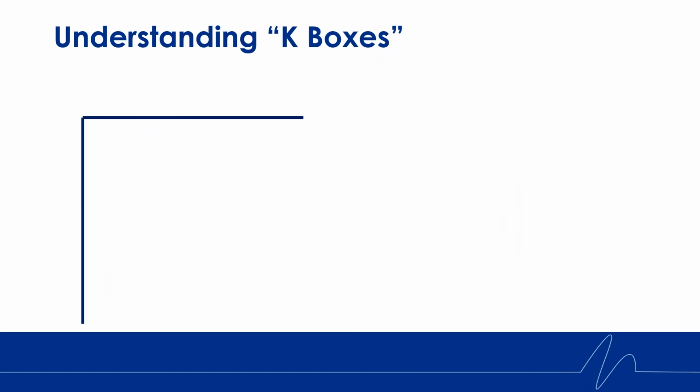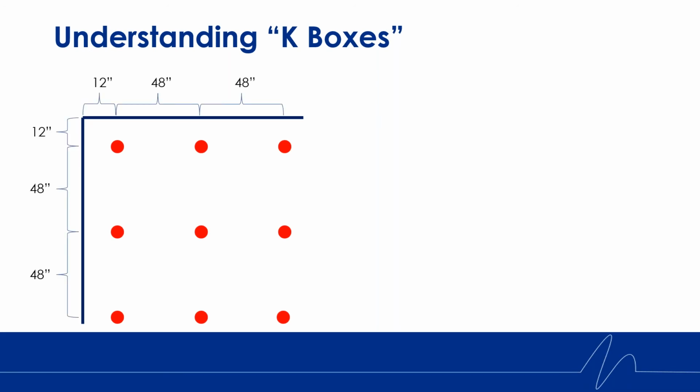So how do we determine the tributary area of each spring's surface area? First, we look at the layout of the isolators. Here we have isolators with a 12-inch offset and a 48-inch on center spacing. Let's take a look at this isolator and its contributing neighbors. If we were to draw this line in between an equal distance of its neighbor to the left,